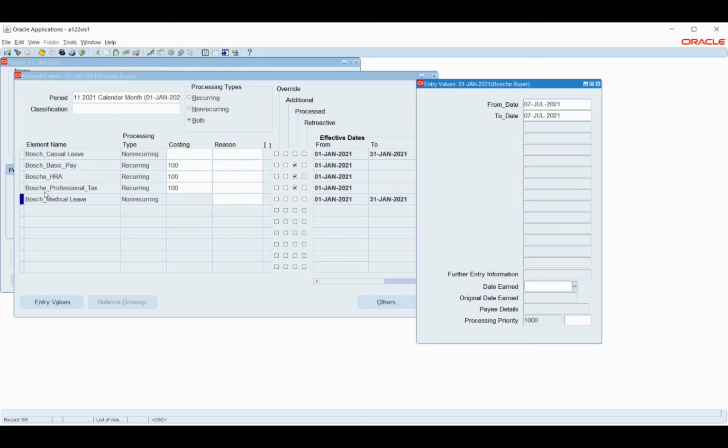So what will happen is that if I run this particular payroll, the system will add this component called medical leave automatically, based on the leave that I have applied and that was approved. If it was rejected and I did not get the leave approved, it is not going to get added automatically. But it gets added automatically when I have this component attached to it.